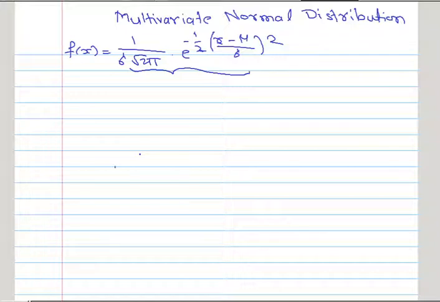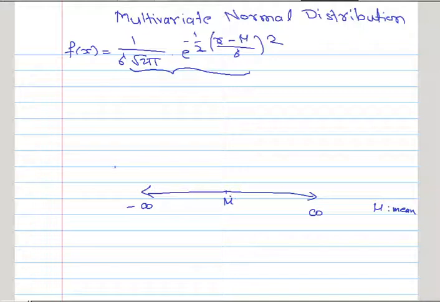Suppose we want to derive a continuous distribution which ranges from minus infinity to plus infinity. So we want a continuous distribution over the entire real line, and suppose we want it to be concentrated around the point mu. We want a symmetric distribution so that mu will be the mean of the distribution. So whatever distribution we get will be symmetric around mu.